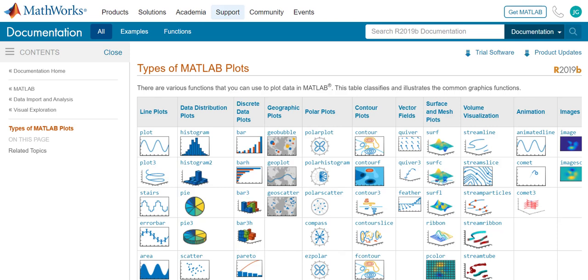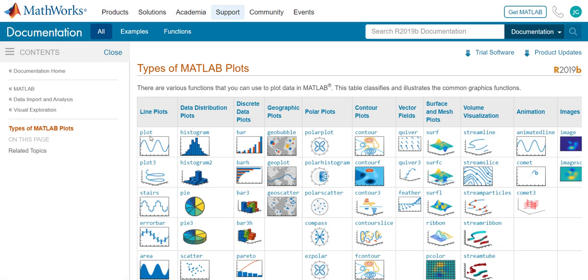Hi class, in this video we're going to talk about plotting in MATLAB. Graphics and graphic communication of ideas is very critical for engineering. In fact, many scientific articles are summed up by one or two good graphs, and graphing is an easy way to visualize complex data. MATLAB provides a lot of built-in functions to provide you with easy ways to visualize data